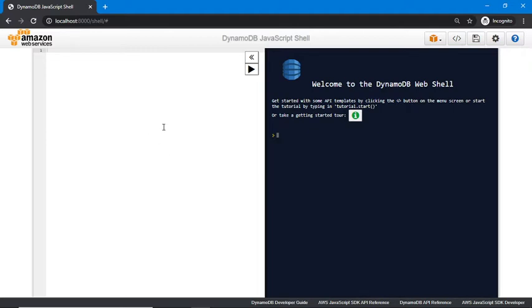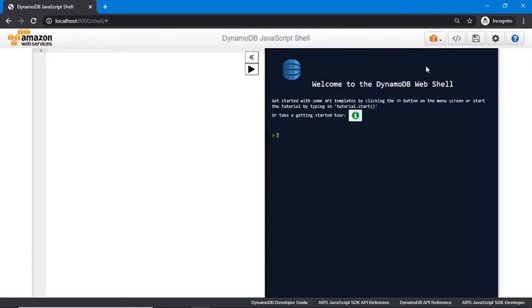There are two parts you can see here. On the left hand side, you can write your commands, your queries, your JavaScript code, and you can just click on this run button, and you will find your output on the right hand side.